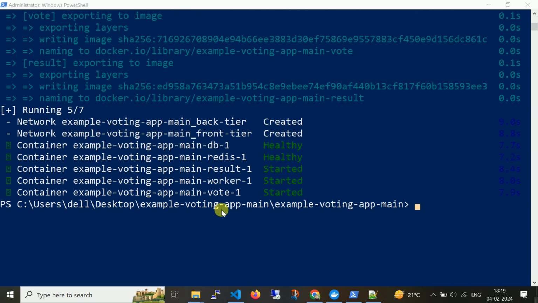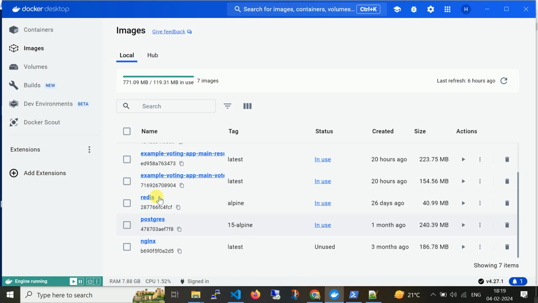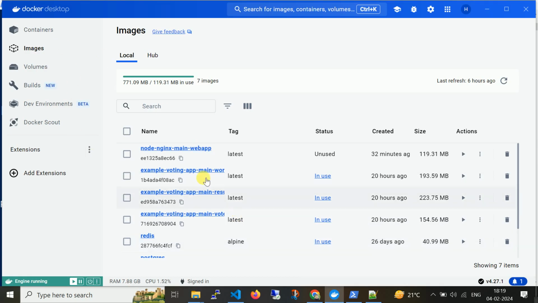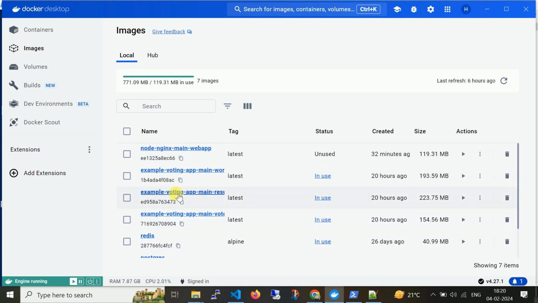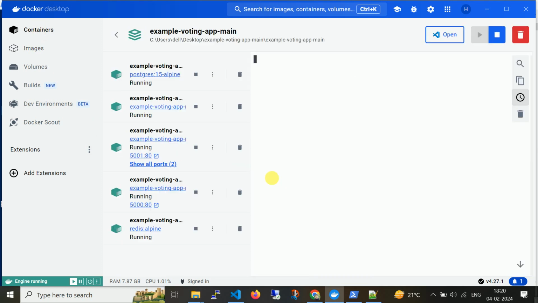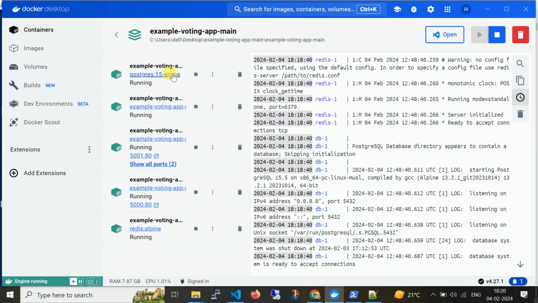So let's check Docker Desktop containers, images first. So there are the voting app main, voting app result, vote, Redis and Postgres. These are all the images that have been pulled. Navigate to containers. So 4 applications, 4 containers. Sorry, 5.